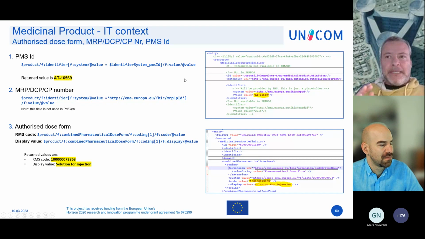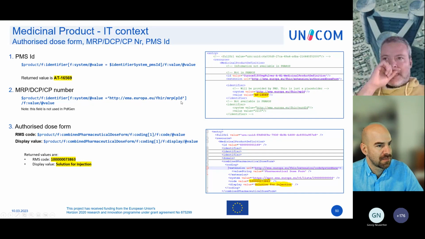In case of MRP, DCP, CP number, the query is the same. The only thing that changes is that the attribute value of the system element used to filter the identifier collection is another one. It's not PMS ID, but is MRP CP ID. You can note that the first one is a variable.